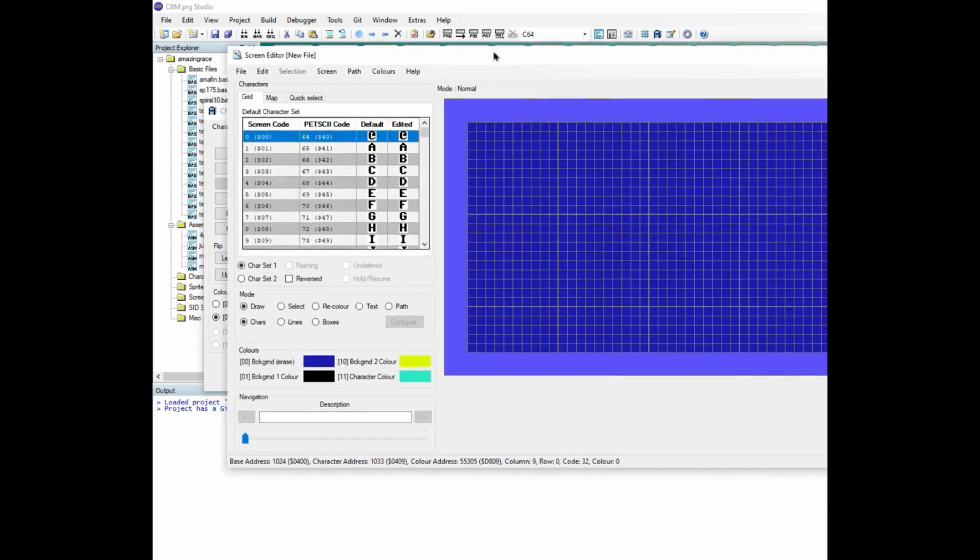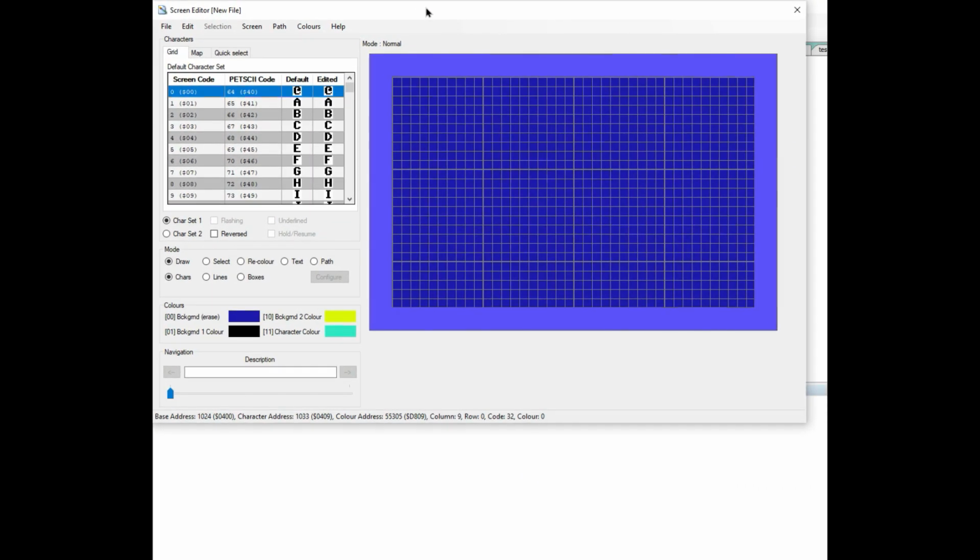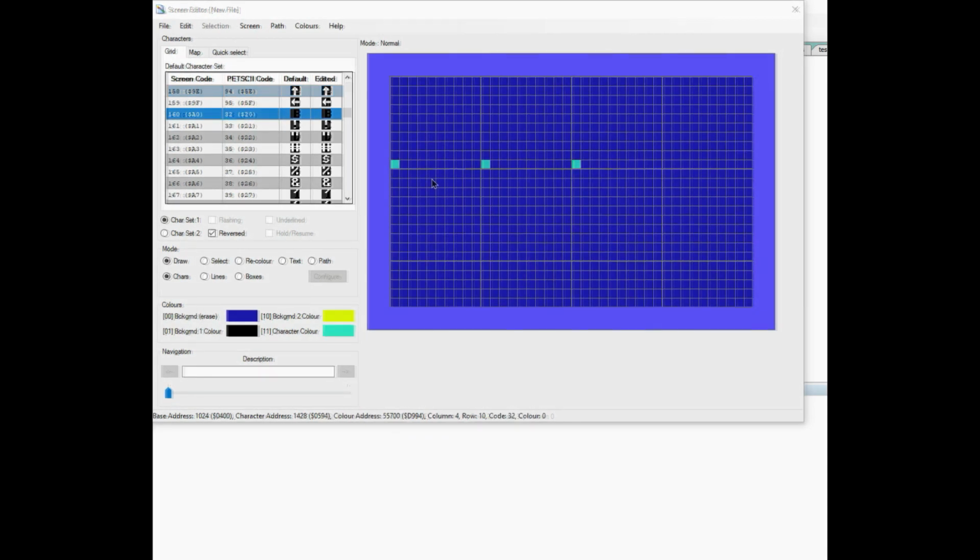So on the challenge, I'm going to bring in the screen editor from CBM Program Studio, and I'm going to mark the positions that I mentioned earlier in this video. So I've marked the starting positions here at 568, 572, and 57C. And this is where all the characters were to be drawn, which are exactly 10 bytes, separated by 10 bytes. So if you kind of mix that in with the character editor,